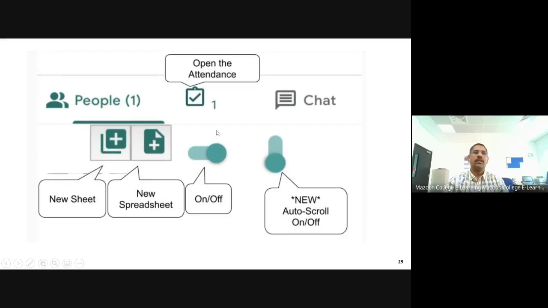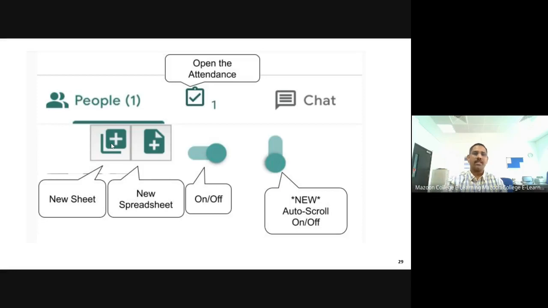See, this is the option. One is called new sheet. Suppose you are going to have one meeting for half an hour, then another meeting for another half an hour. In the first half hour 30 people are registered, and in the second half hour another 30 people come in, but you are using the same link. For the first half hour you use the new sheet, and for the second half hour you press the button and the second participants list will come.